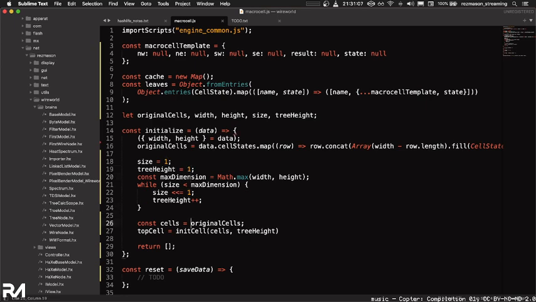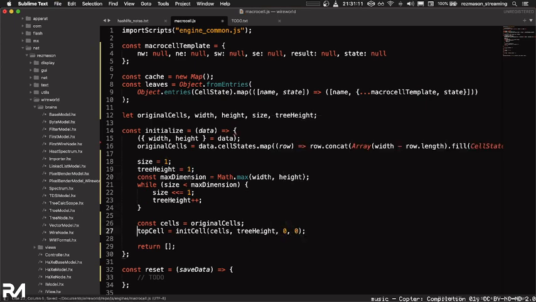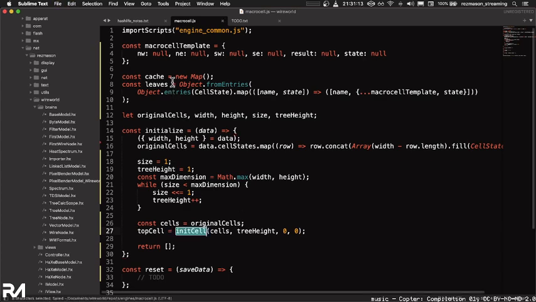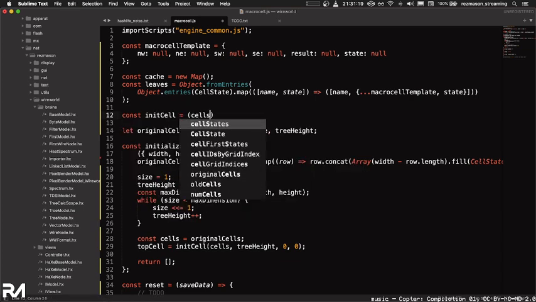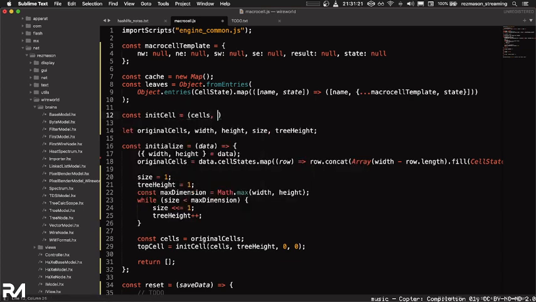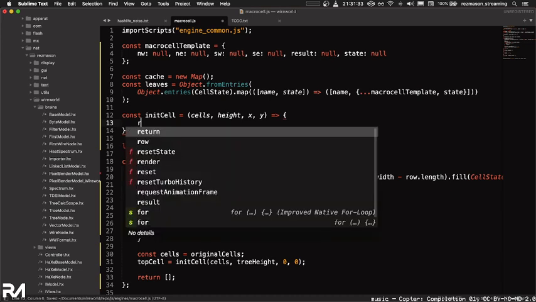Yeah, tree height and 0, 0. Okay, we're going to try this again. Const init cell equals cell, cells, height, x, y. Okay. And this is going to return